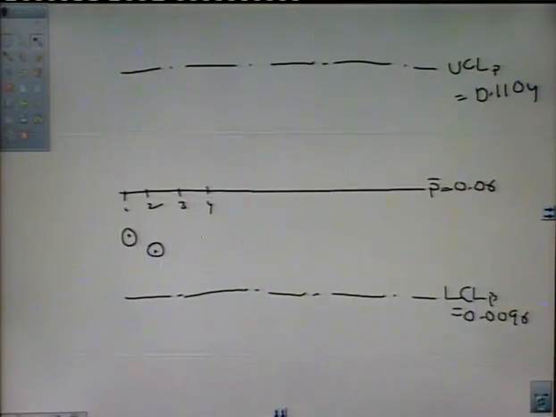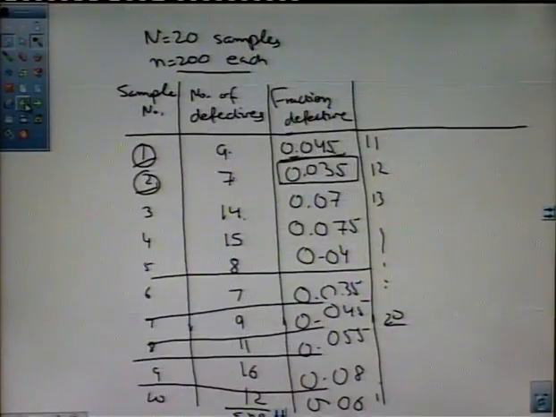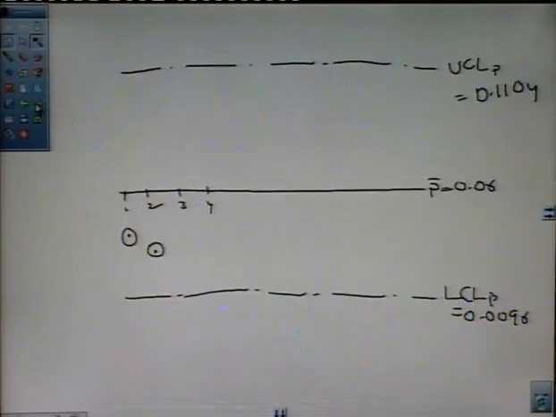Then for third sample, the value was 0.07, so it will lie above the center line. So in this way we are going to plot all the values, and we will find that in the